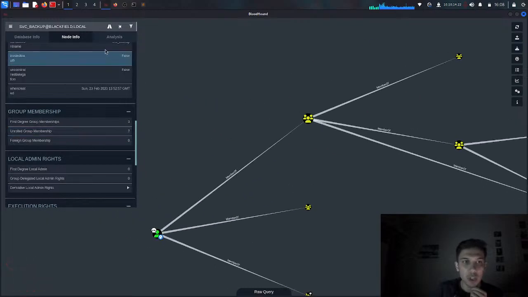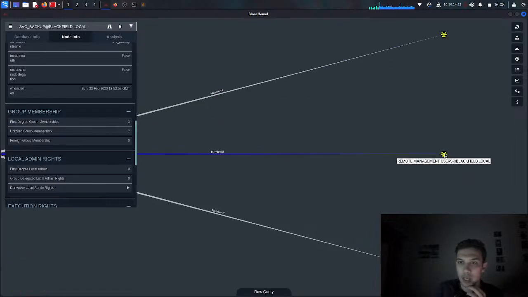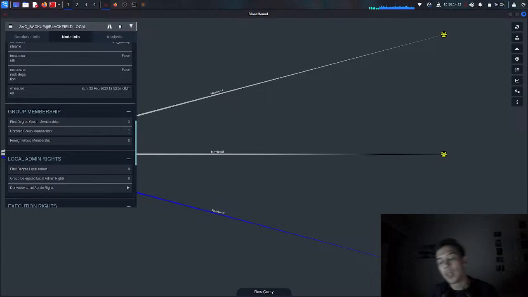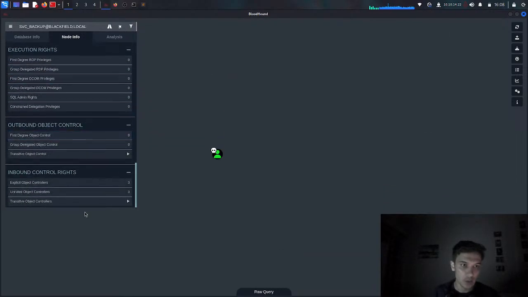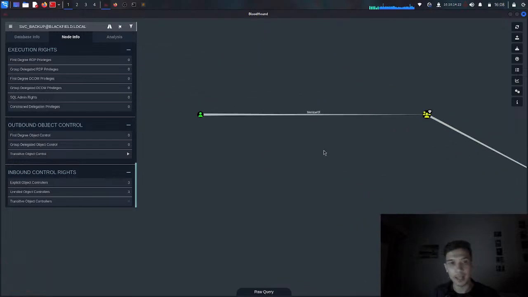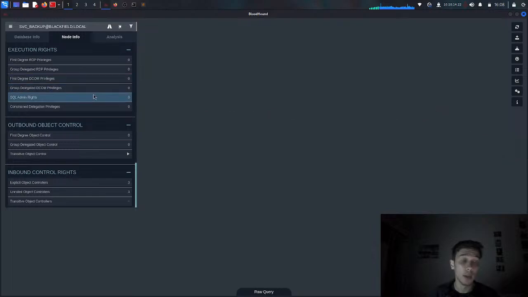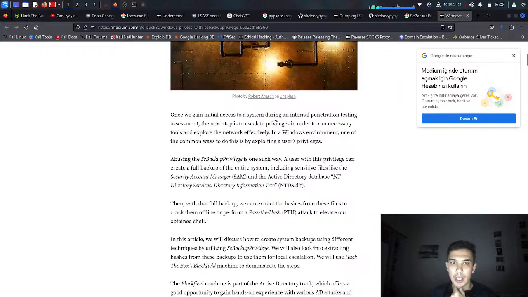Unenrolled group membership. The first degree group membership was domain users, remote management users, and backup operators. So I was checking here certify exe, but there is nothing that looks like certification. So let's go this one. It can write DACL domain admins. No, this is not too important, I think. So we need to be doing something different here, I think, like SeBackupPrivilege and